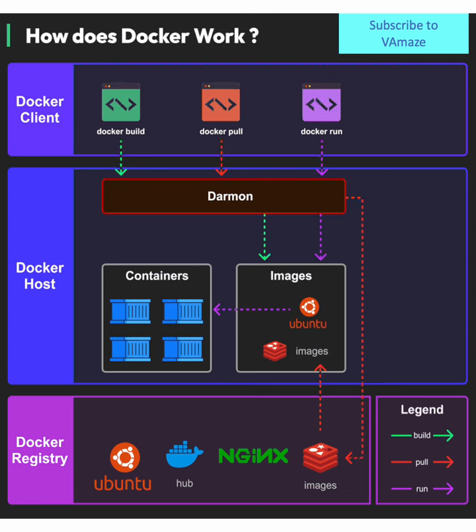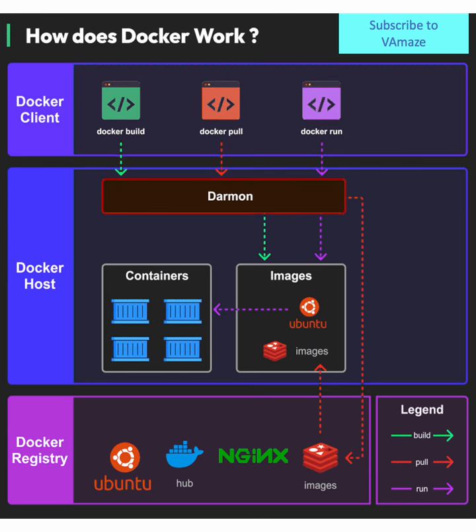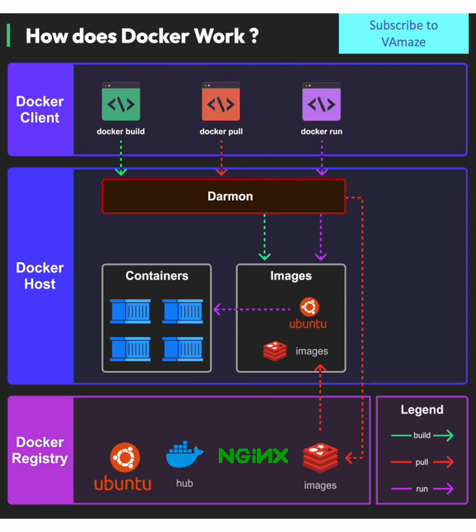3. Docker run, purple arrow. The Docker run command brings images to life by creating and starting containers. It takes an existing image as input, creates a new container instance, starts the container with specified configurations, and runs the application inside the isolated environment. Example workflow. Docker run -d -p 80:80 nginx. This creates and starts a container from the nginx image, running it in detached mode and mapping port 80 to